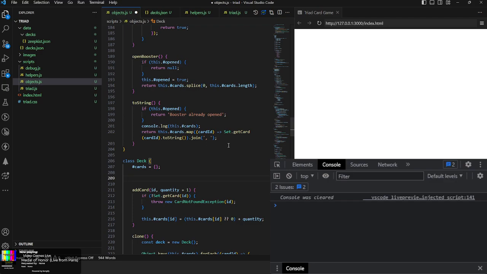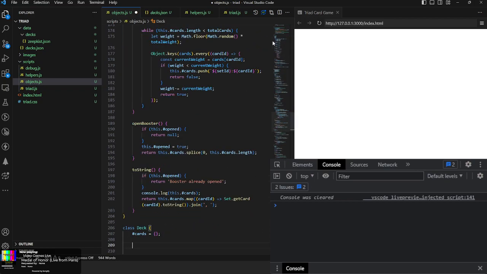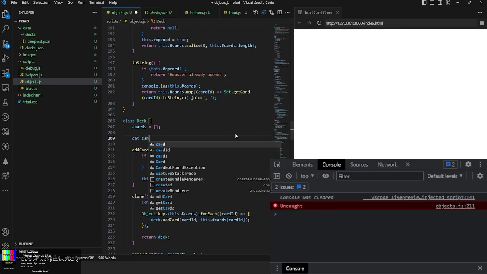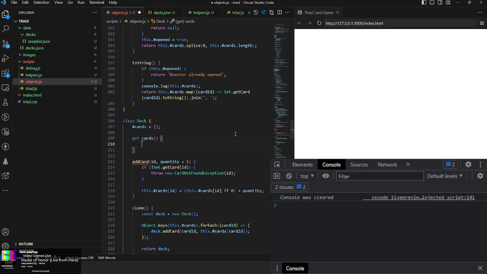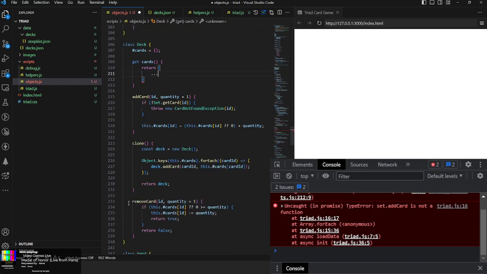You need to change it from the code itself, which is good enough. So what we're going to do is get cards and return, wait, no. So we have add cards, card ID, and